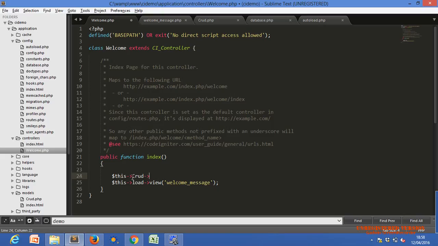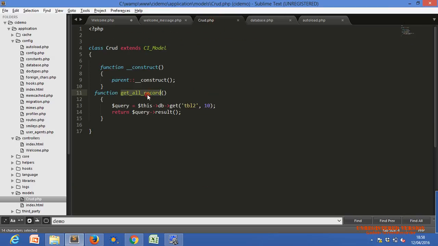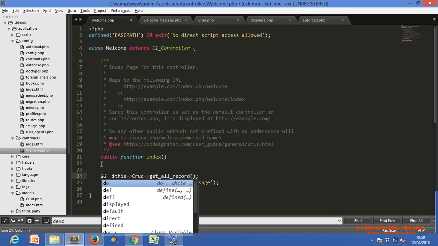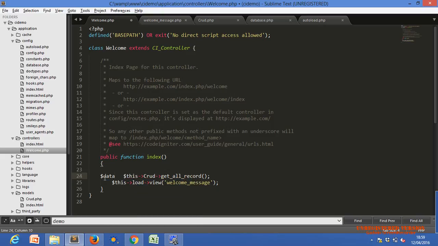So we have to call our function name of model. This is the controller, this is the model. What function have we created? Get all record. Just copy and paste here. So it will return all records. Dollar data, just use any variable.